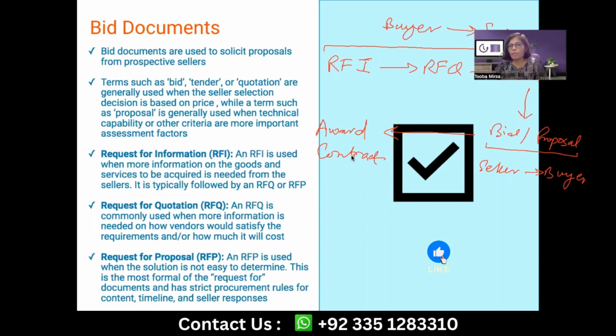from the buyer as a seller, and on the response to this, the buyer is only keeping cost or budget as the selection criteria. Right. So whoever quotes probably the most economical number is probably going to get selected. So in some cases RFQ is only about pricing, which we are only interested in receiving, or maybe the nature of the procurement is such that the scope of work is not really